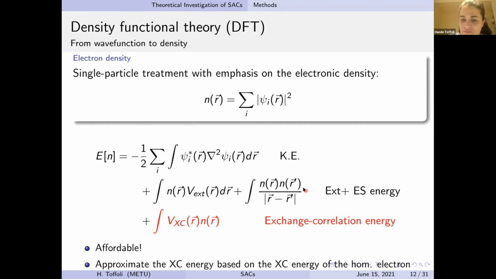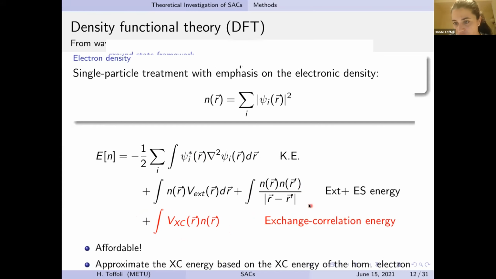So none of these terms at the moment involve any kind of correlation or interaction between the electrons. In particular, it does not allow for antisymmetry. All of those quantum mechanical effects are hidden away in this term, which we call the exchange correlation energy. Now, this is very affordable. You don't have to solve a very complicated equation. You solve an only slightly complicated equation. However, your approximation is only as good as the approximation you make to this exchange correlation term over here.